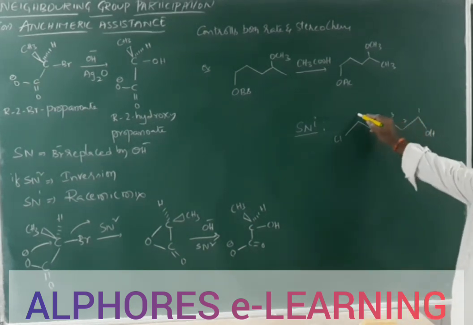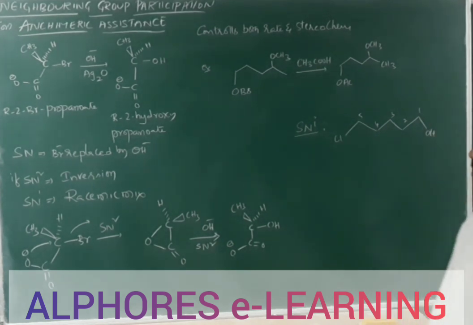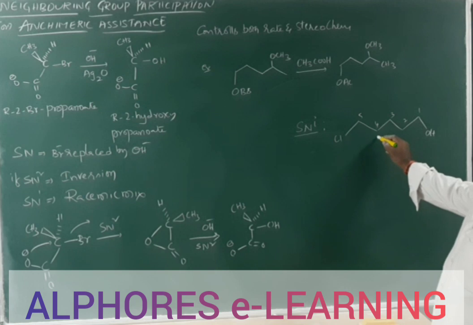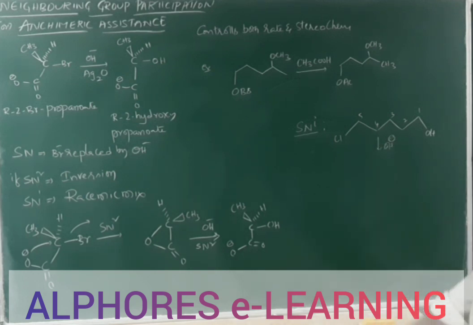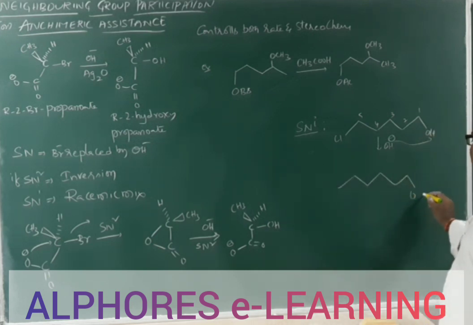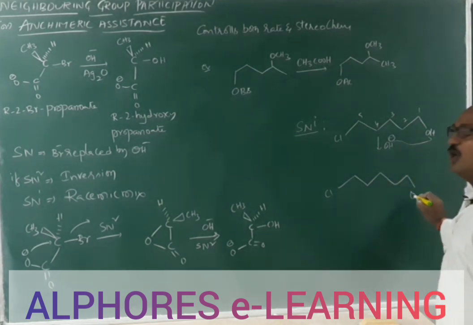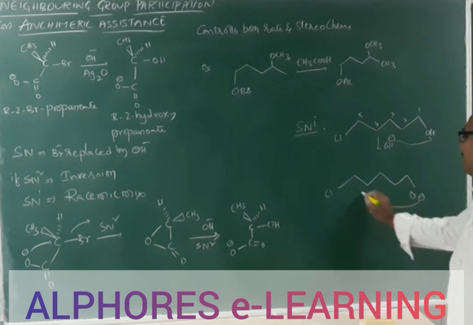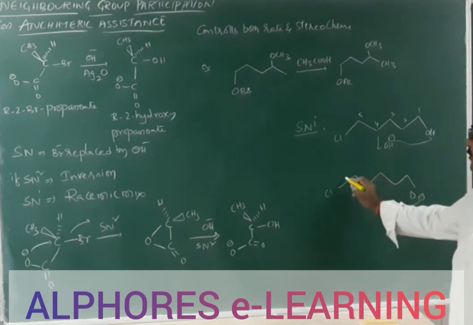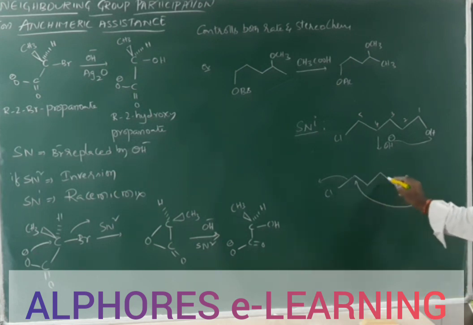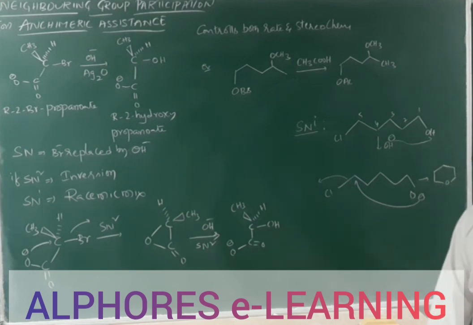One, two, three, four, five. 5-chloropentanol, 1-pentanol. This one, upon treatment with base OH minus, abstracts a proton and we get O minus, like this, with Cl. Instead of a nucleophile attacking separately, within the molecule a nucleophilic center is generated. This nucleophilic center approaches the leaving group carbon, resulting in 1, 2, 3, 4, 5, 6, a formation of a 6-membered ring. So we are getting a cyclic ether.